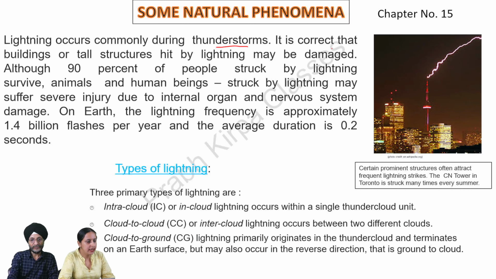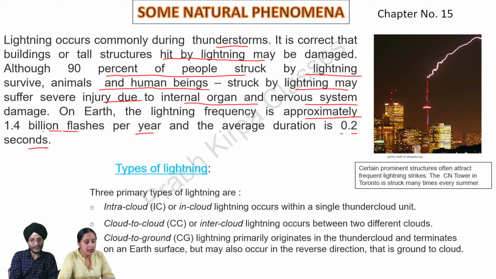It is correct that buildings or tall structures hit by lightning may be damaged. Although 90% of people struck by lightning survive, animals and human beings struck by lightning may suffer severe injury due to internal organ and nervous system damage. On Earth, the lightning frequency is approximately 1.4 billion flashes per year and the average duration is 0.2